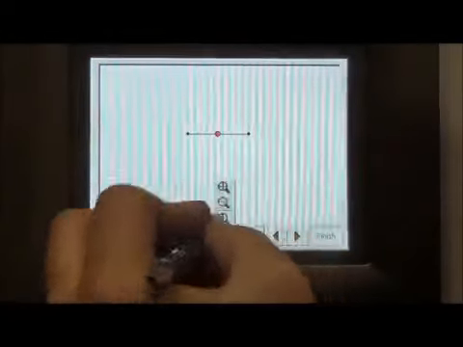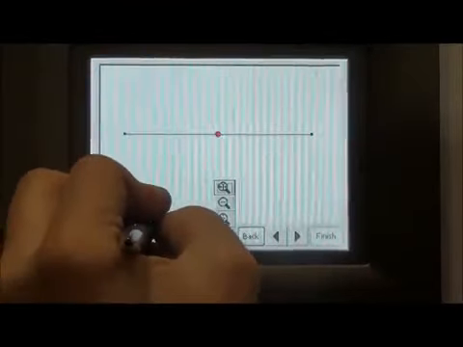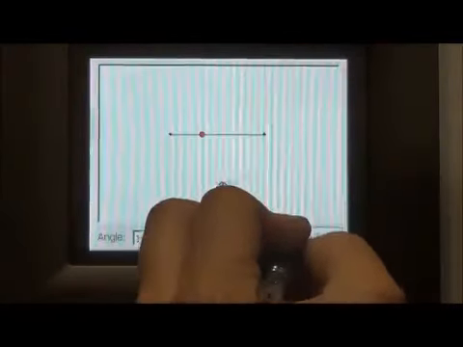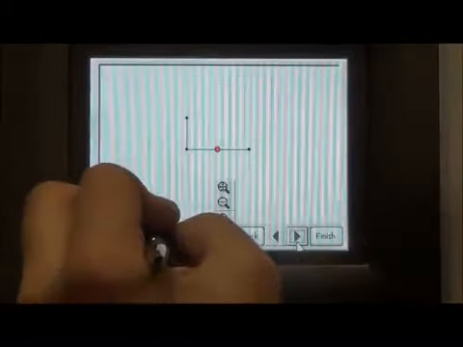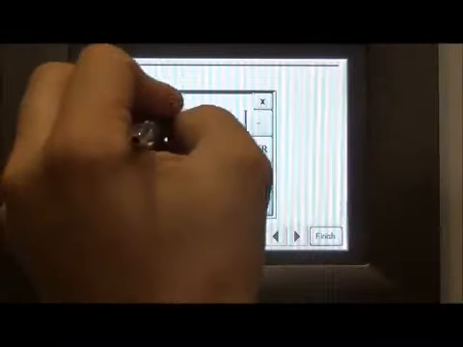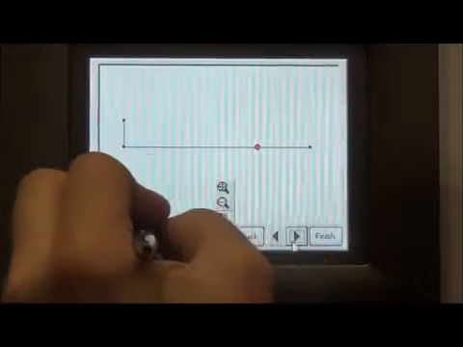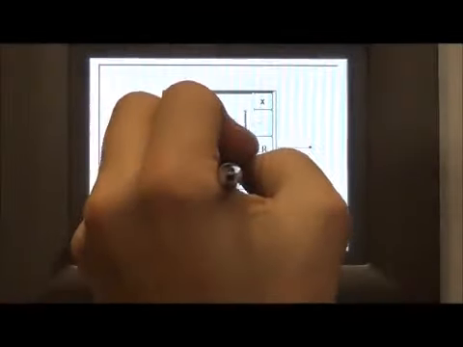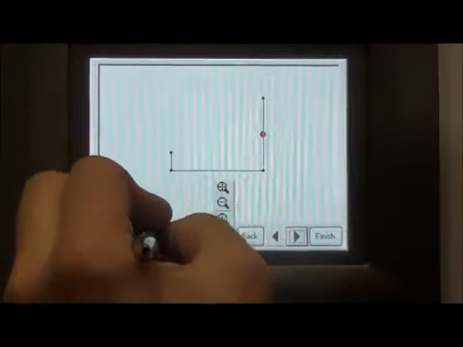So we're going to go to the zoom here so we can see it a little bit bigger. We'll make our first piece 2 inches long. Hit the next. It wants to know the angle. It's going to be 90 degrees. Next. Our next piece is going to be 10 inches long. It's going to be 90 degrees. And our last piece